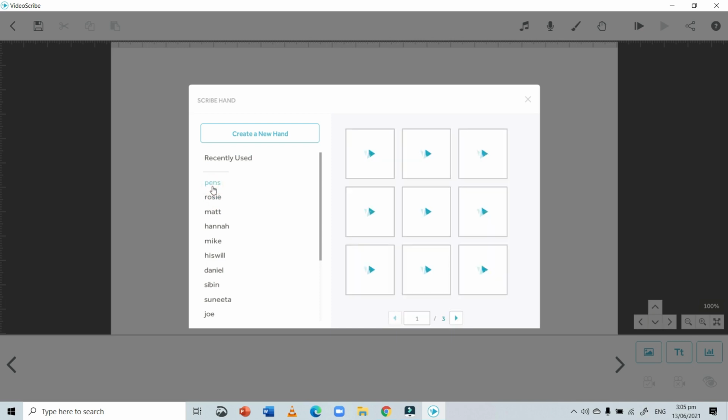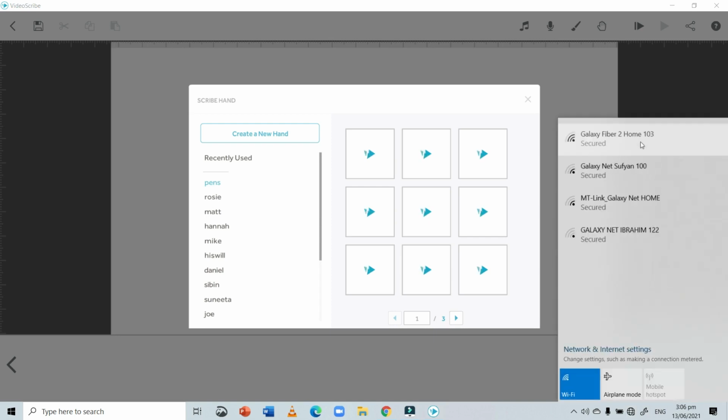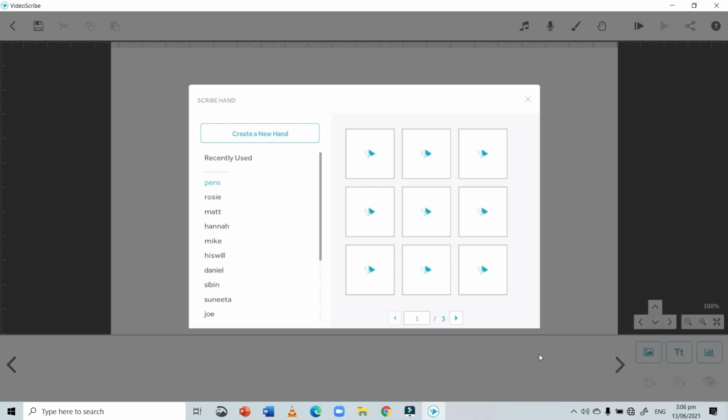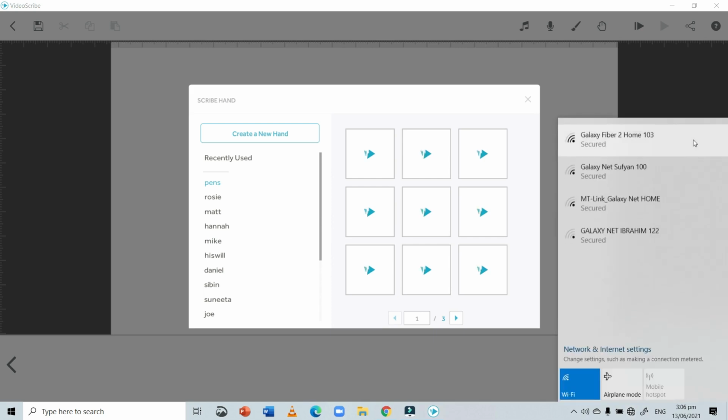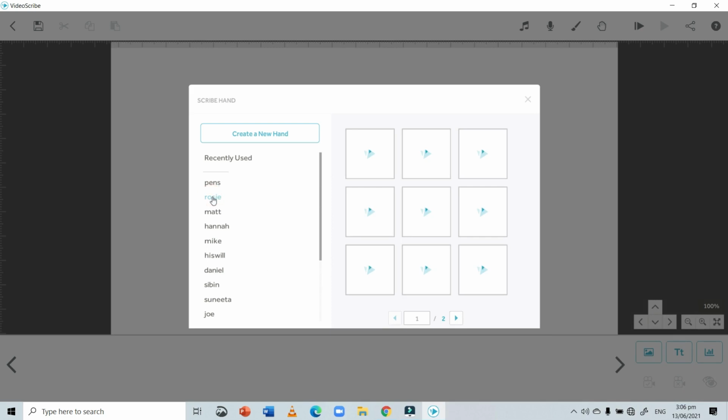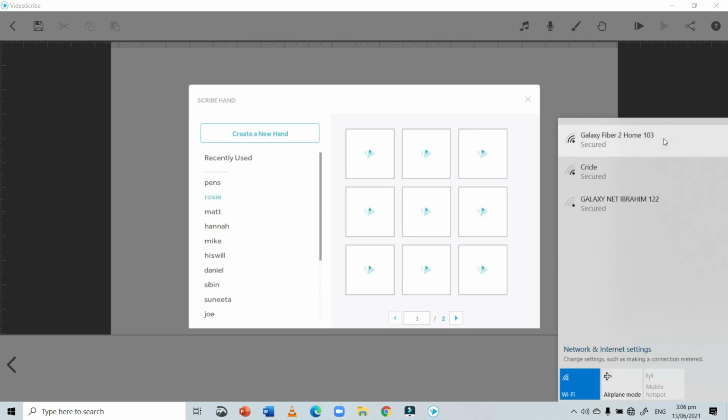So there are many options of pens and hands available over here. It takes some time to load, and you can click any of these pens. It is taking some time to load since my internet isn't connected.